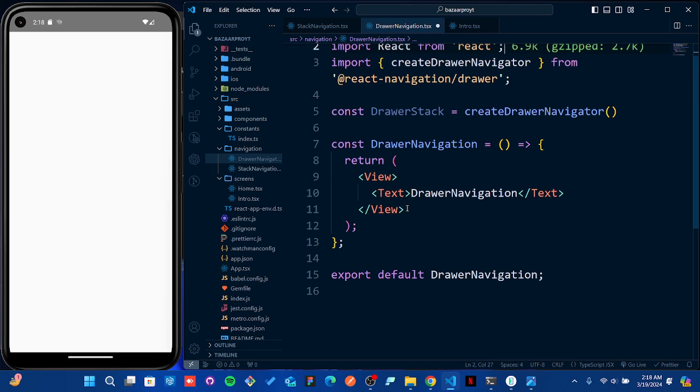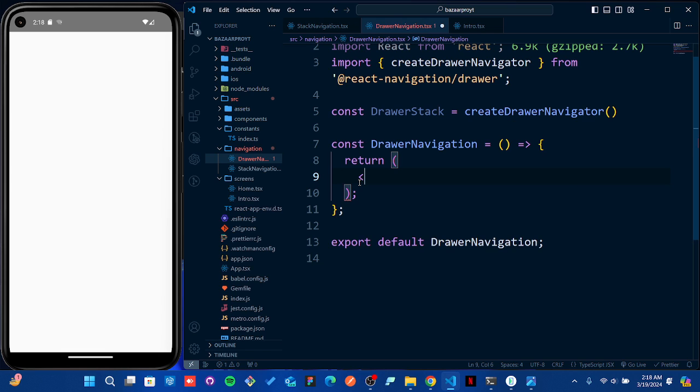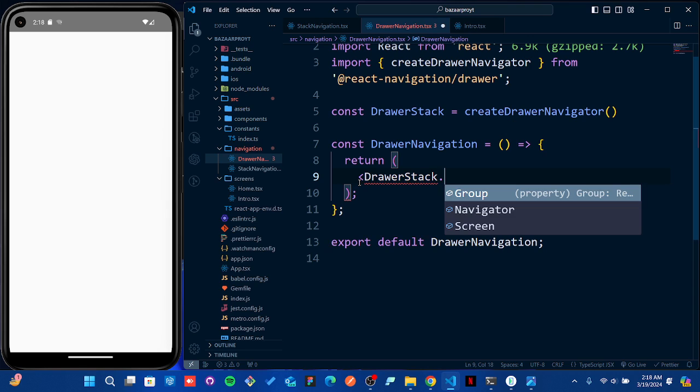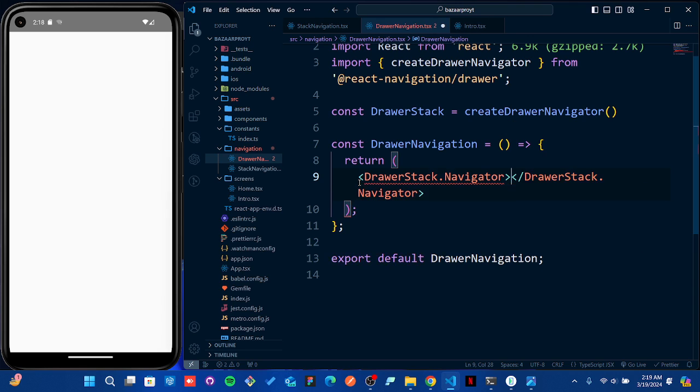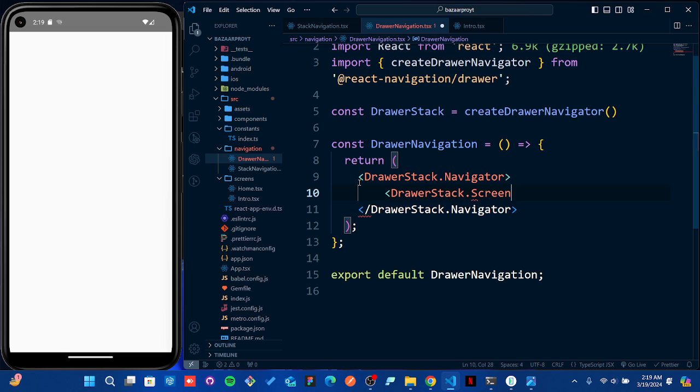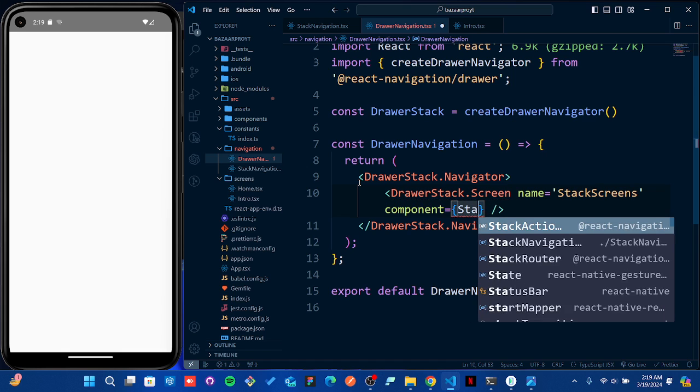Okay, so this is the view I'm gonna remove, and here it will be that drawer stack dot navigator, so that's the root parameter, and here drawer stack dot screen should be provided, and that screen we will give that name as that of let's put that stack screens, and for the component we'll make that